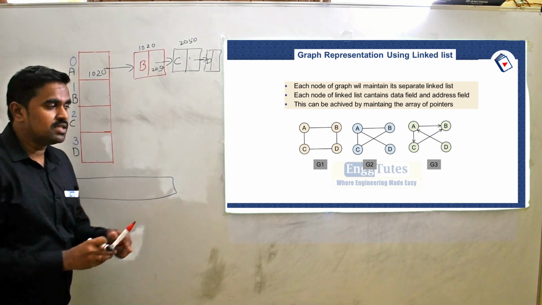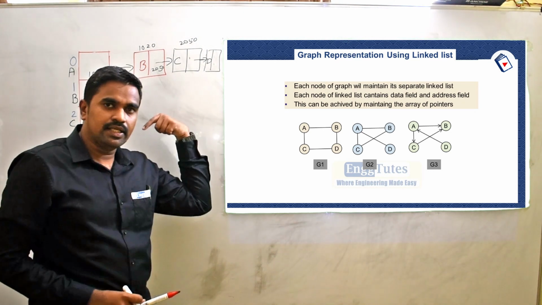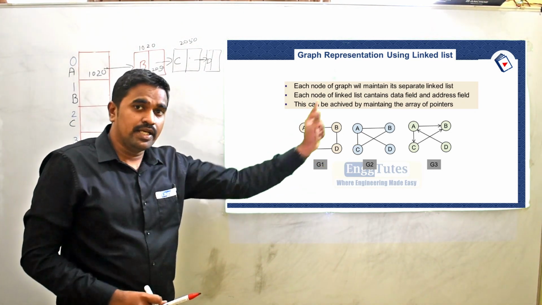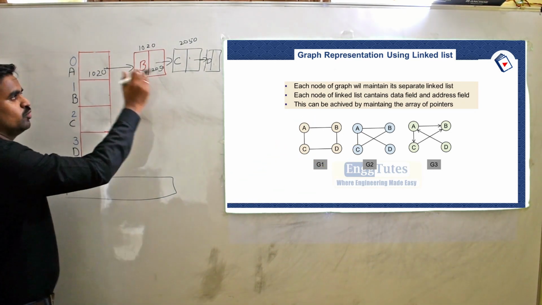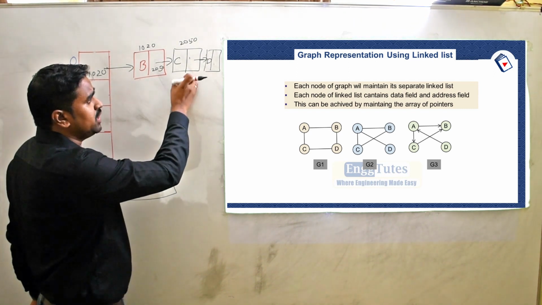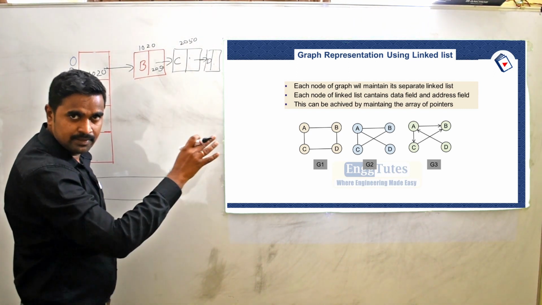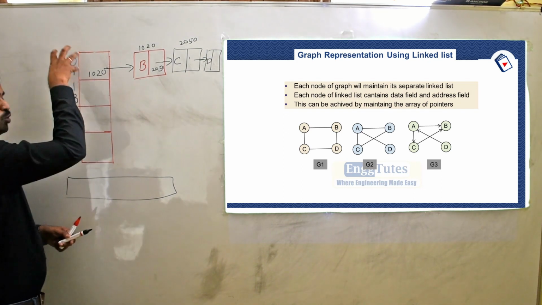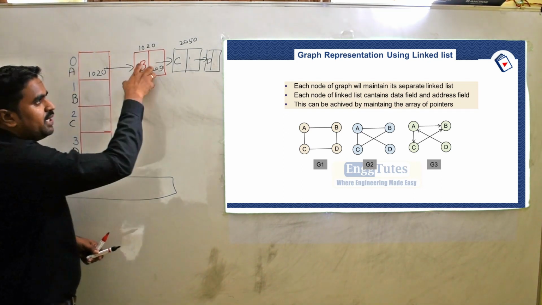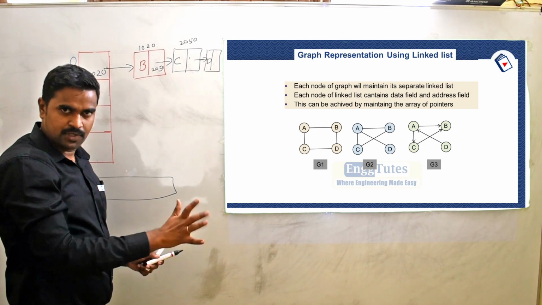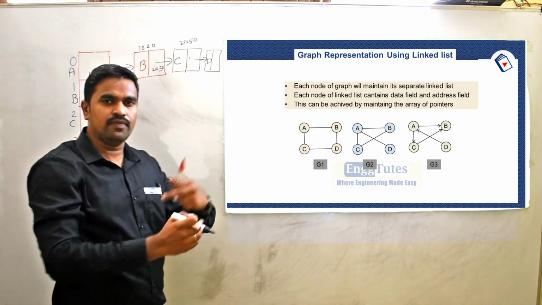ठीक है? So this is how we can prepare the linked list of one vertex. It does not mean that A is going to B, B is connected to C and C is connected to D. ऐसा नहीं है. इसका मतलब ऐसा है through A we can reach out to B, C and D. Done. बस इतनी ही चीज है जो काफी कंफ्यूजिंग है.